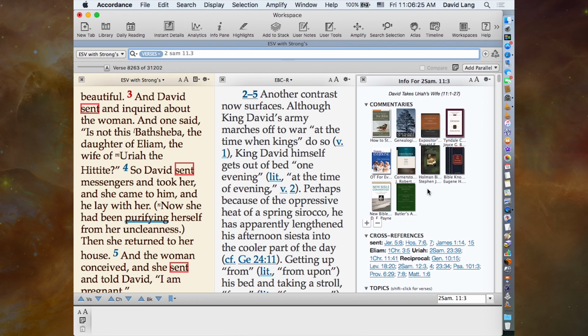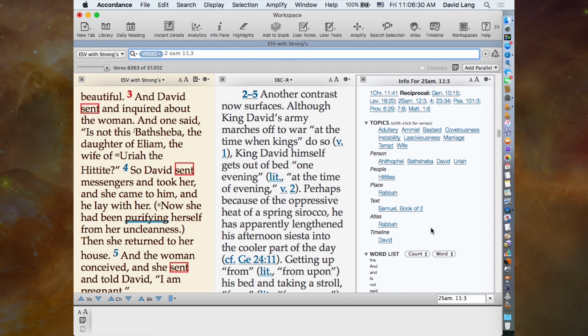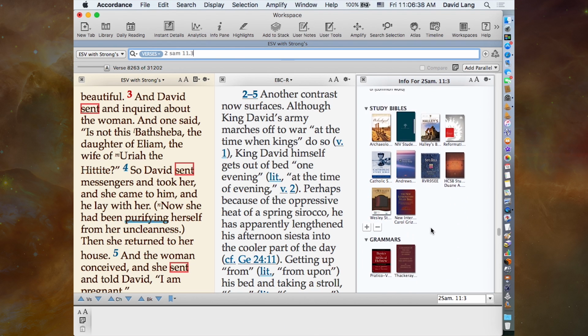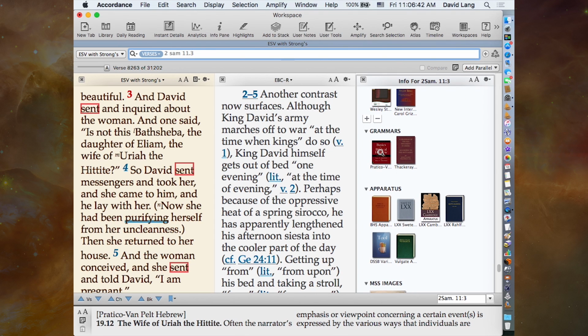Well, we do the same thing now with study Bibles, because study Bibles are sort of further down the list of commentaries, but they're a useful kind of first pass commentary. And so we now have study Bibles and even grammars. And the grammars, it may seem kind of odd to have grammars commenting on a passage, but sometimes you'll find